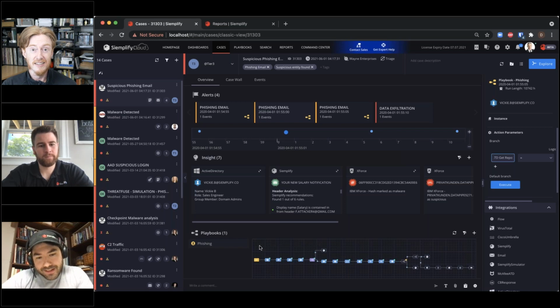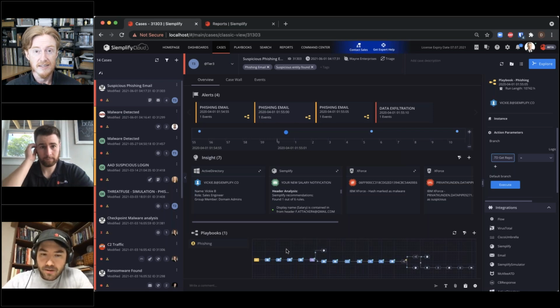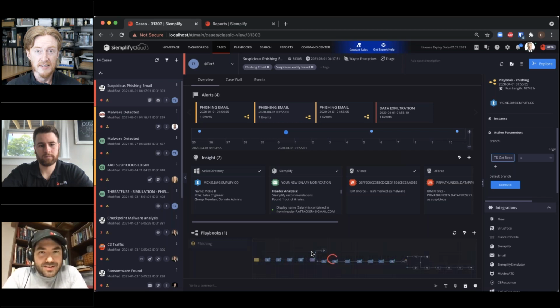But what we can still do is a lot of that data gathering up front, where I say, you know what, go out and get that data for me. I don't want to have to go to my threat intelligence, or to my EDR solution just to look up the endpoint, or to Active Directory just to get the user information. Let's let Simplify do that for me. So we can have Simplify grab all that information up front, which we like to call our enrichment phase. Then we go into the decision-making process, where we ask: is there anything suspicious in the threat intel that was gathered, whether that's 1, 2, 10, however many sources you want to go to? Was anything found to be suspicious?